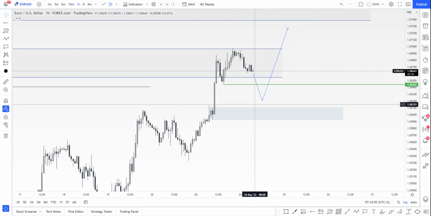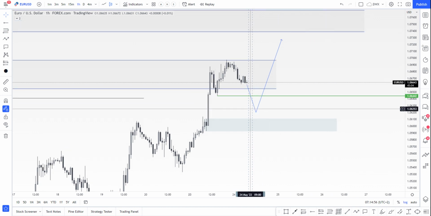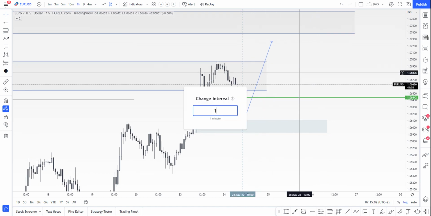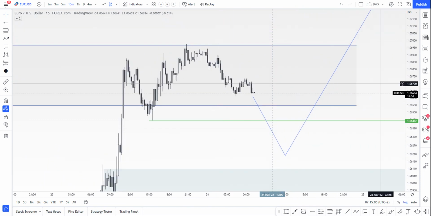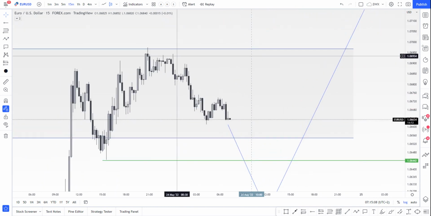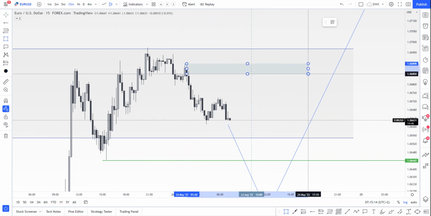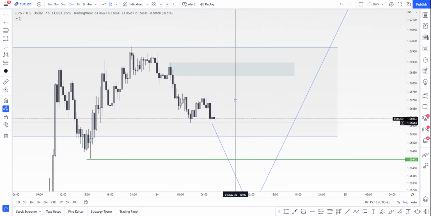So that's also something to take note of around the session openings to see that happening. Maybe just the London session opening. Something like that. 15-minute. For shorts, maybe on the 15-minute, because the 15-minute is breaking some structures towards the downside. We could get a short trade potentially, something like this,